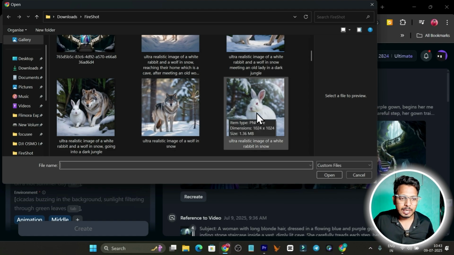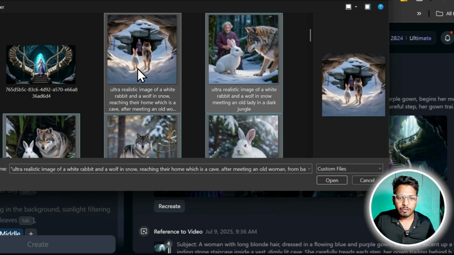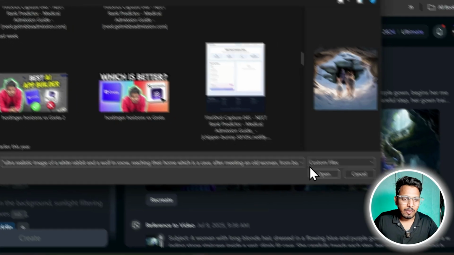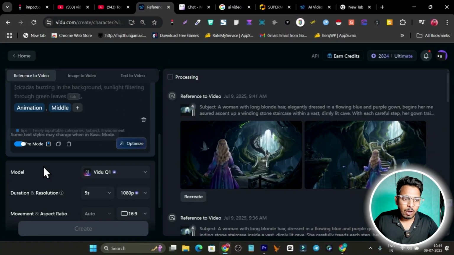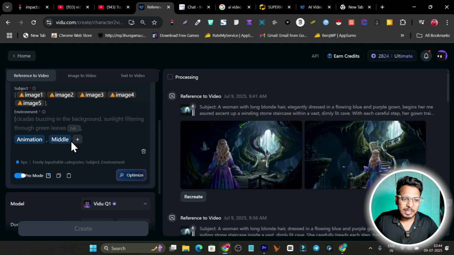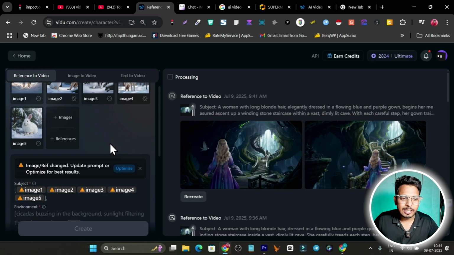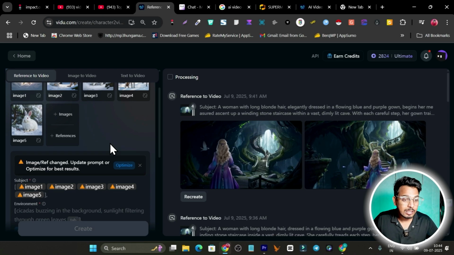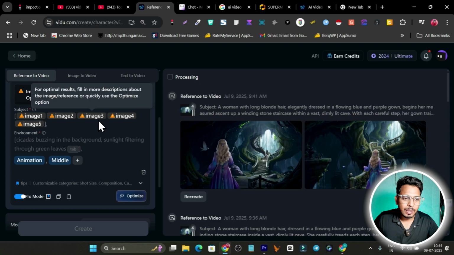So I am just connecting these images by uploading them. You can see the 5 images I have selected and added here. Now, you can also add your prompt here, or you can select the options. Once your images are uploaded, I will show you how this tool can automatically generate or optimize the prompt for you. So my images are uploaded, and now I can simply click here